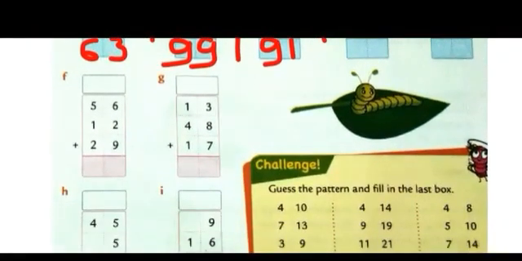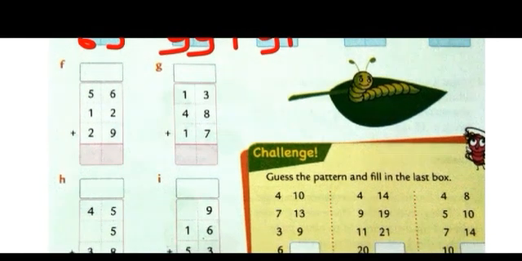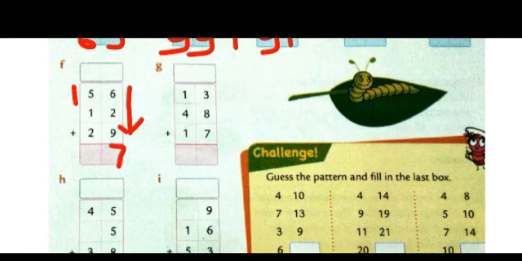Now we'll try this 3-digit number. Okay. What is the number given here? 6, 2 and 9. So first we will add in this direction. 6 plus 2 is 8. 8 plus 9 is 17. So 17 we will regroup. 7 will be written in the ones column and 1 will be carried to the tens column. Now we will add the tens. 1 plus 5 plus 1 plus 2. So 6, 7, 8, 9.